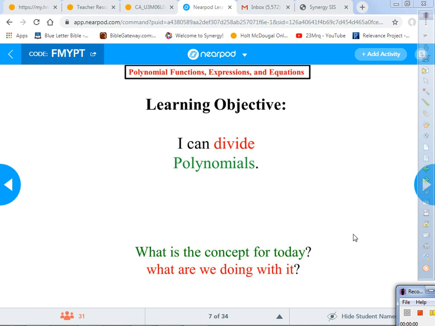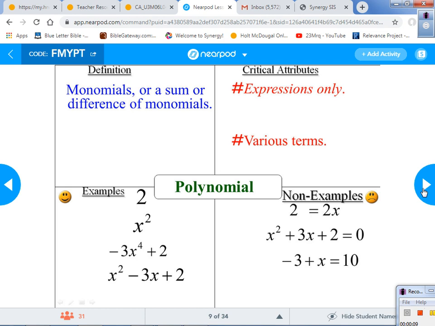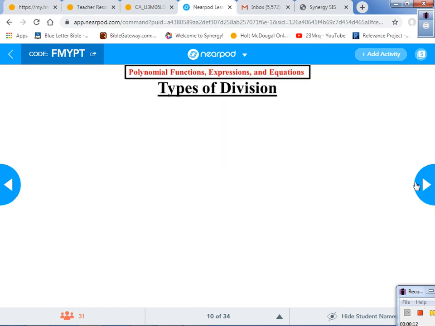Once again, our objective: I can divide polynomials. So by now, we don't need a prayer model, do we? No, Mr. Q. All right. We know what polynomials are. There they are. What I do want to do is revisit